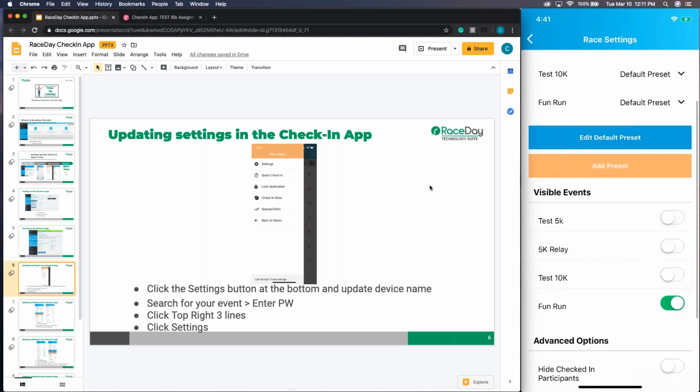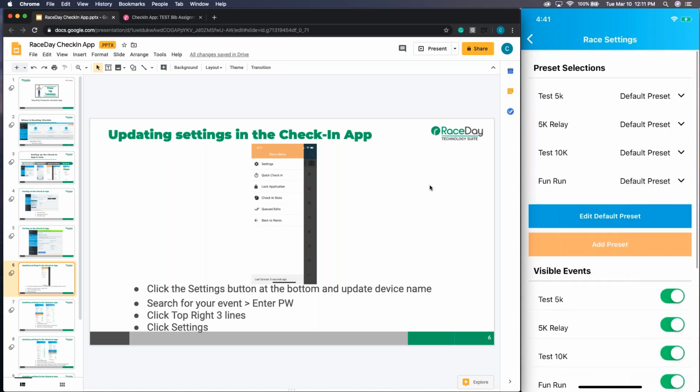Now, everything I'm doing presently is local to this device. Nothing is saved to the cloud. So what I always suggest doing is not editing the default preset. I always suggest adding presets. So let's just assume that we have